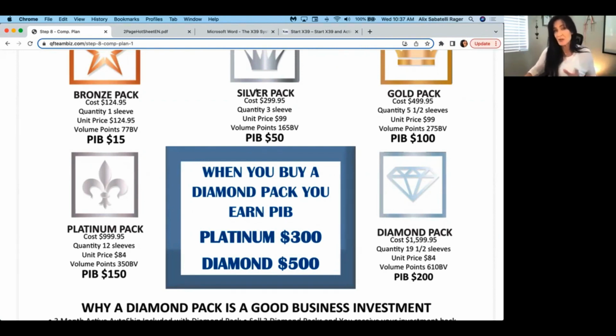Same thing with the silver pack. You might have 3 sleeves in that silver pack, but unless you order more or have a customer base, you're going to have to keep an eye on those personal volume points so that you don't fall out of qualification or out of active status. Just keep the points, and the points are important. So the silver pack, again, here you're getting 165